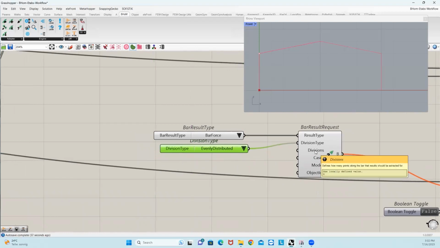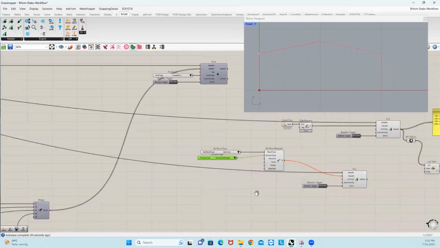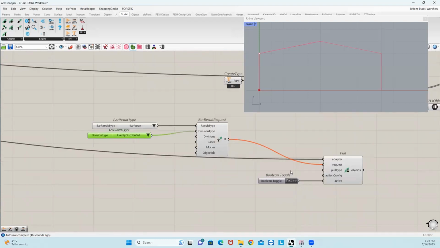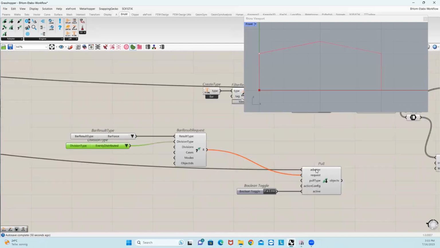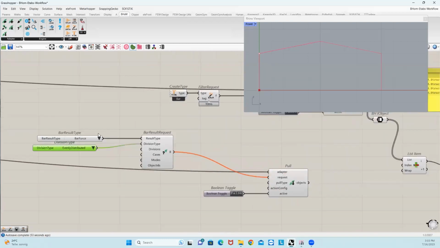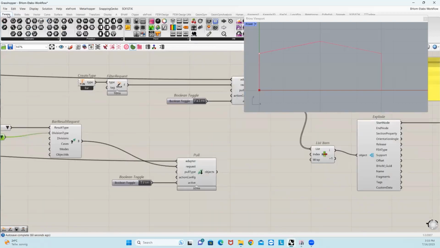And then division, it says how many points along the bars the result should be extracted. And then we have the cases, modes, object ID. Let's stick to these options, and after that we will explore how these options work. So true,